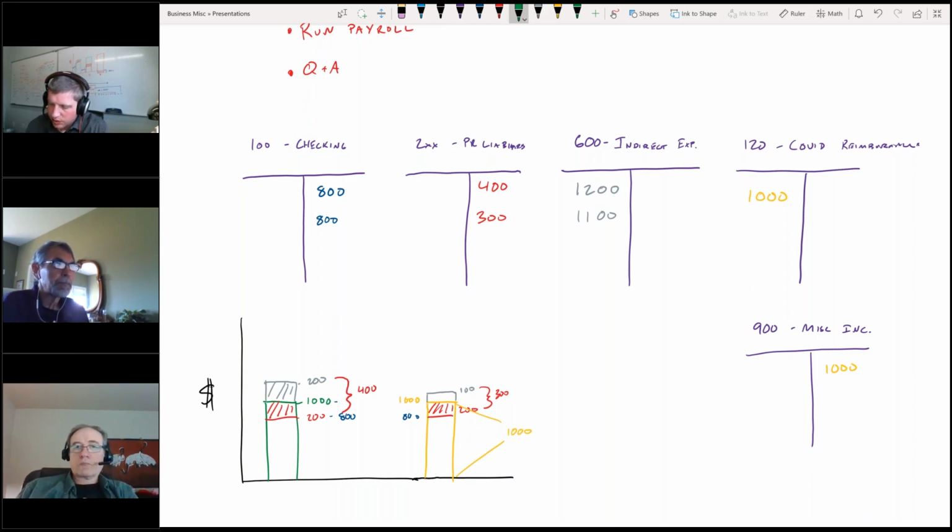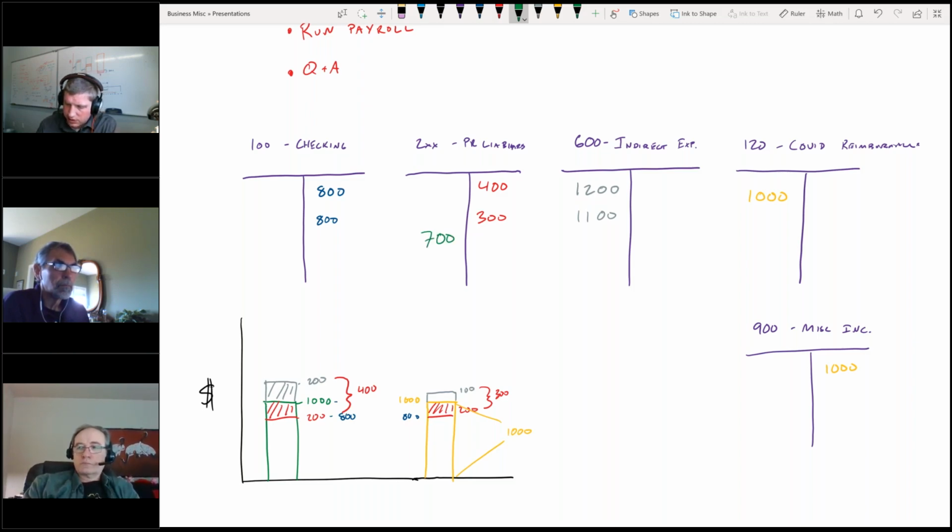So the question was, how do we relieve this? Well, when we go to pay our payroll liabilities, in the example that I have up here on the whiteboard, of course, we're going to pay the $700 that we owe here. That'll reduce that amount for the 400 and 300. And then using Form 7200 in our case, we would actually get a credit back. So I'll just pretend we get the full credit back at this point in time. So we'd have a $700 payment, a reduction of our liabilities, right? We're going to have a $1,000 reduction of our asset,